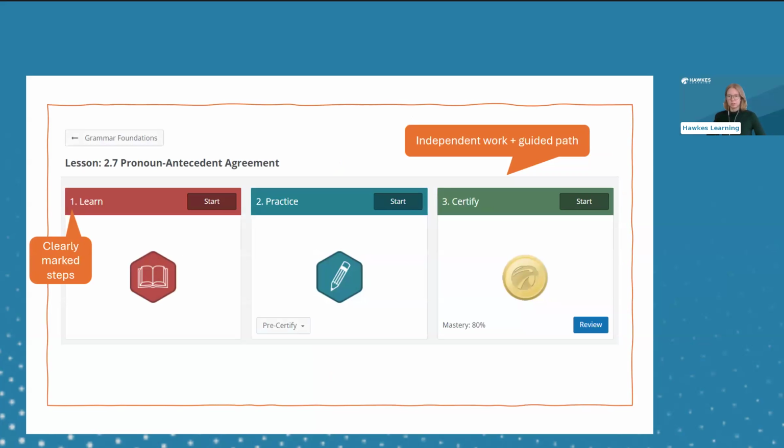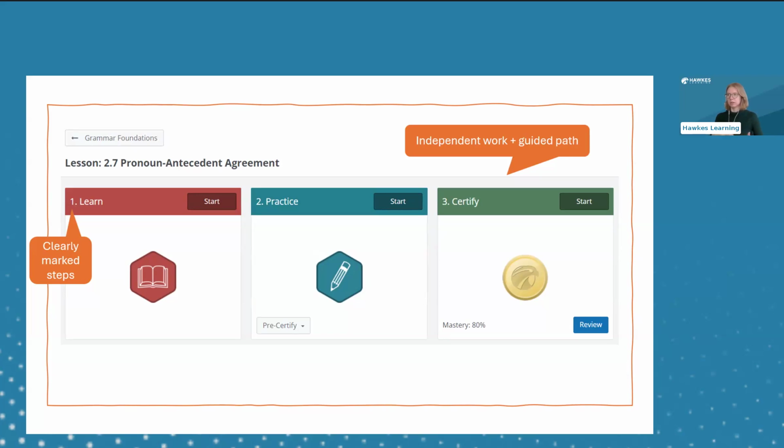So first of all, I wanted to show our courseware here. We have this Learn, Practice, Certify mode. These are clearly labeled 1, 2, 3. It's very easy to follow this path. And it provides a way for students to work independently while still having the guidance they need to work through and feel confident that they're addressing everything they need to address, starting with learning the content itself, then getting into practice and building up confidence, applying the skills and concepts they've learned,